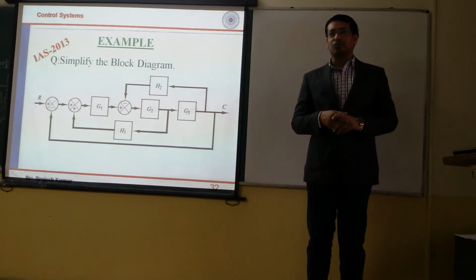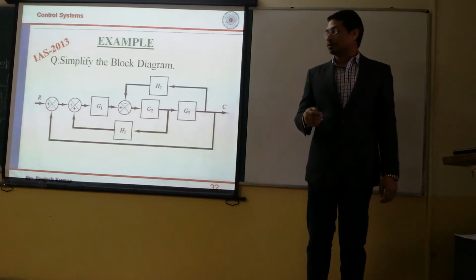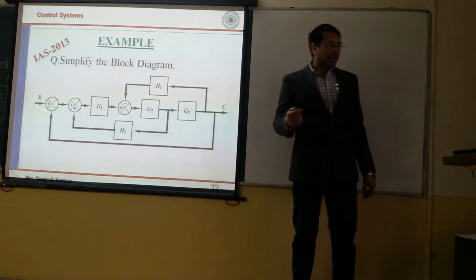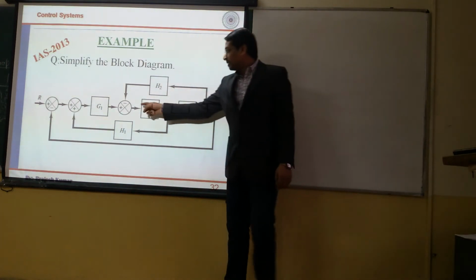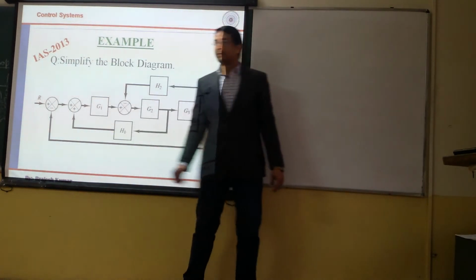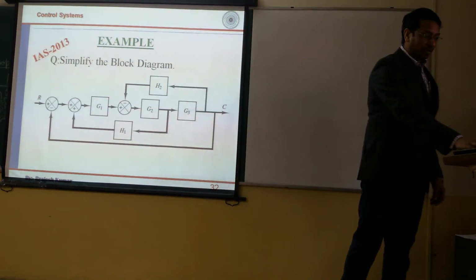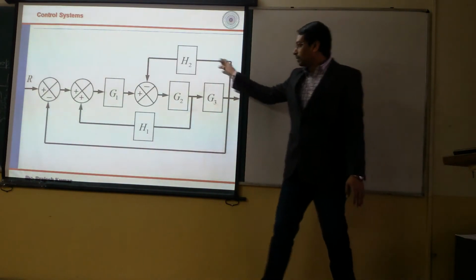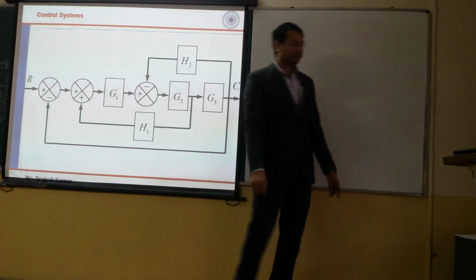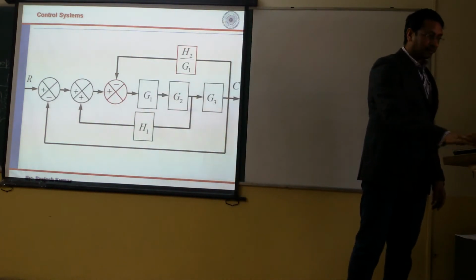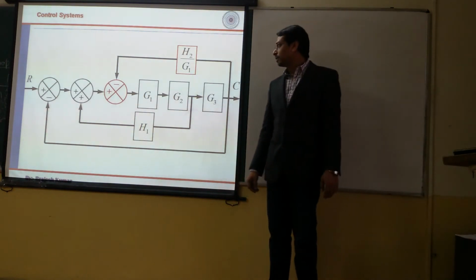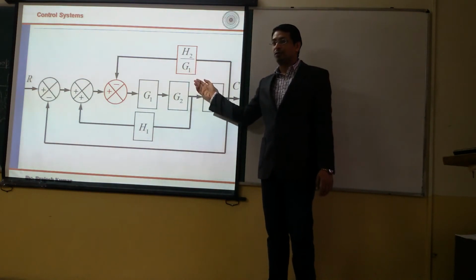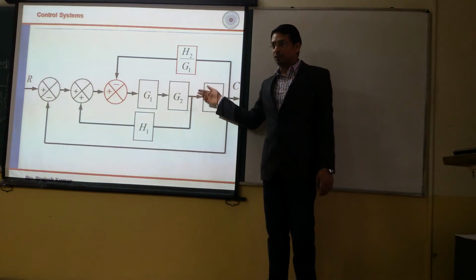Try to solve. There can be multiple approaches. One of the approaches was taken by Shubham Sati and, what's your name? Anshu. So I am going to take another approach. What am I going to do? I am going to shift this summing point here. Note, we are going to start this problem here. This is the same problem, and I am going to take this summing point here. What will you get? Your feedback gain will be divided by G1. So this will be your step 1. You have to draw this diagram.